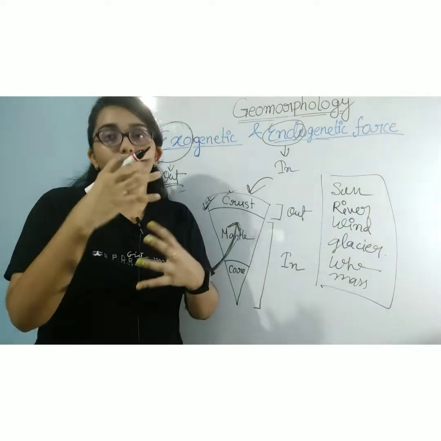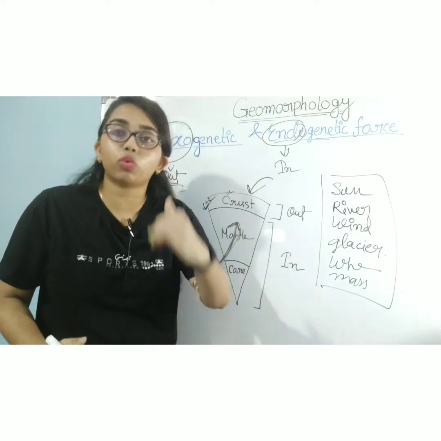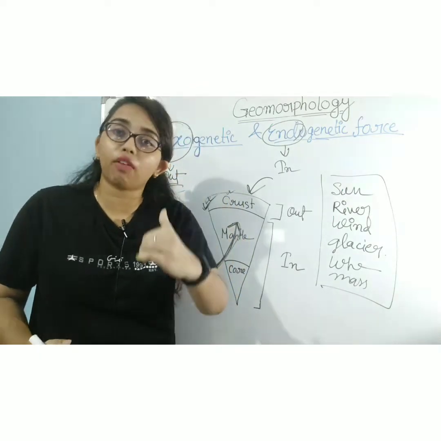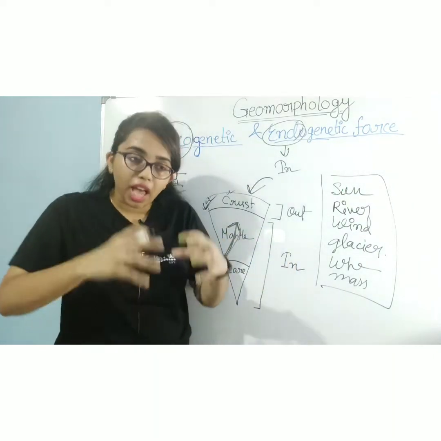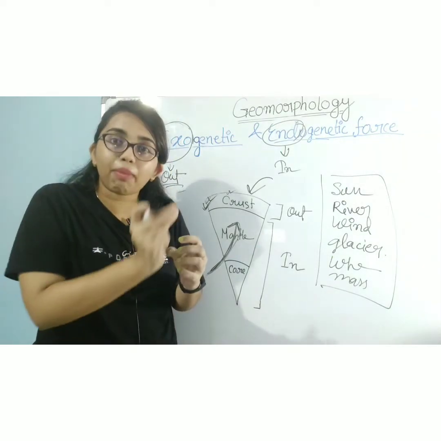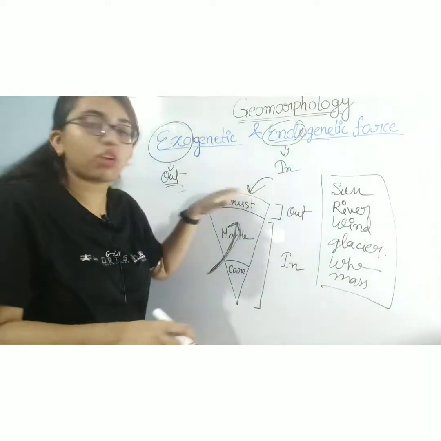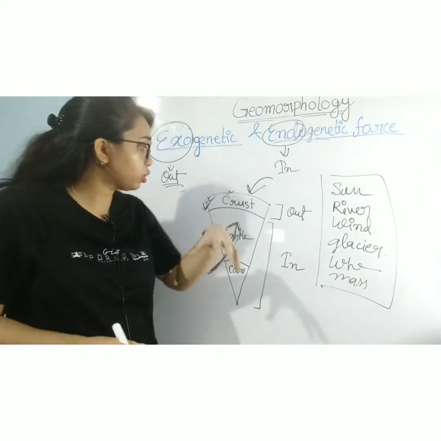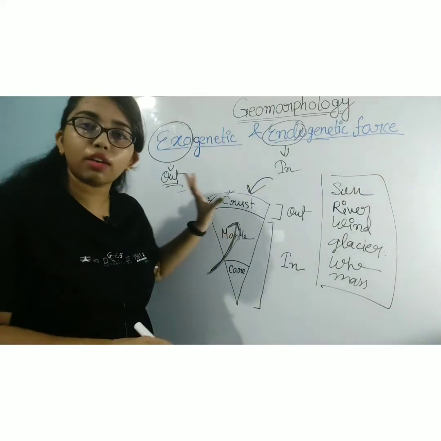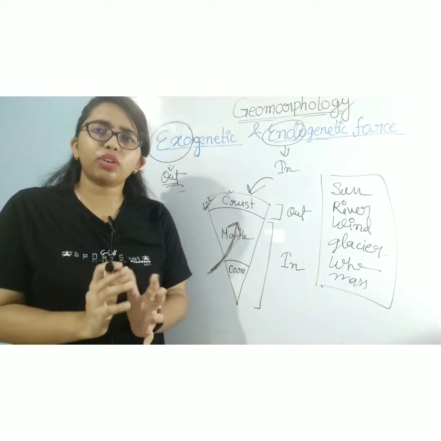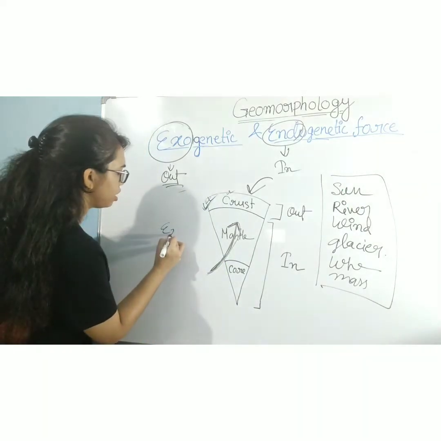If I talk about volcanism, there is a magma or lava layer in the interior portion of the earth, which comes out through the magma chamber and flows on the crust of the earth. Okay, so these are internal, or endogenous, forces. So I think I made you understand by example which are endogenous or exogenous forces.